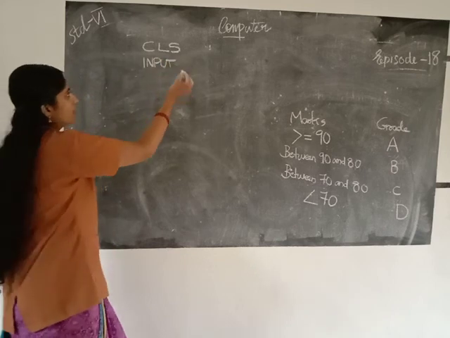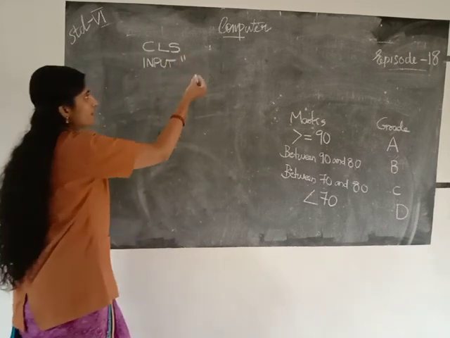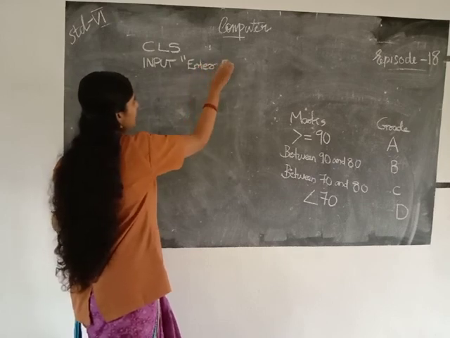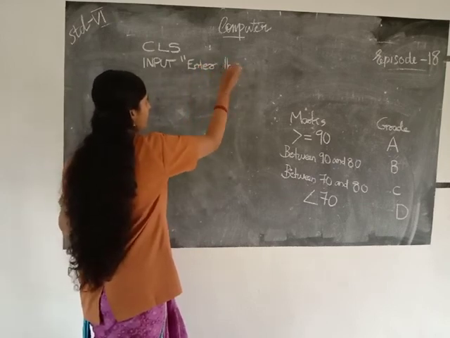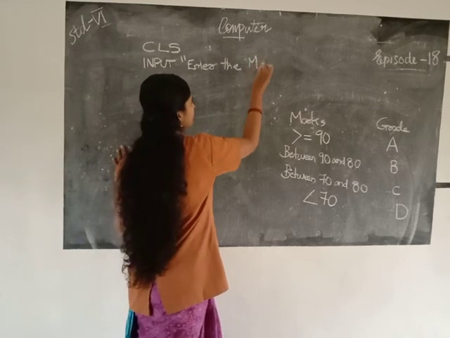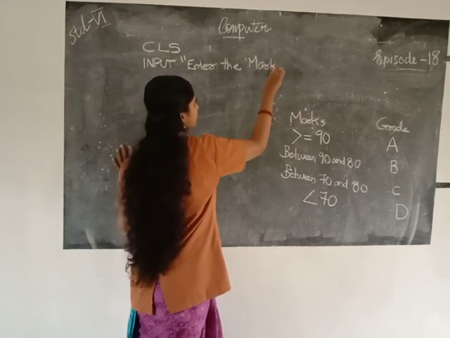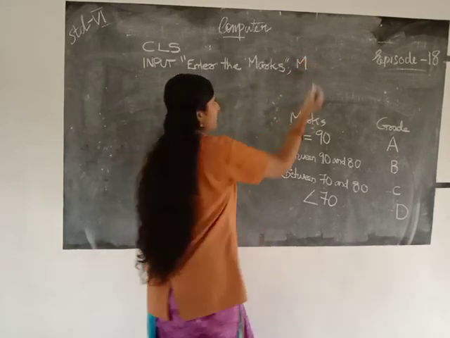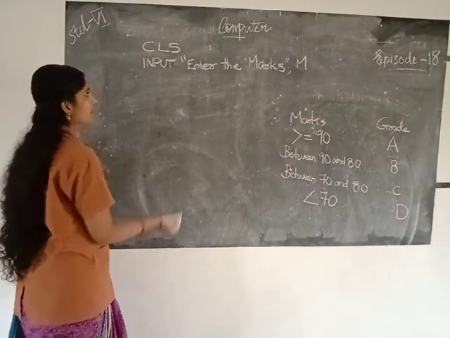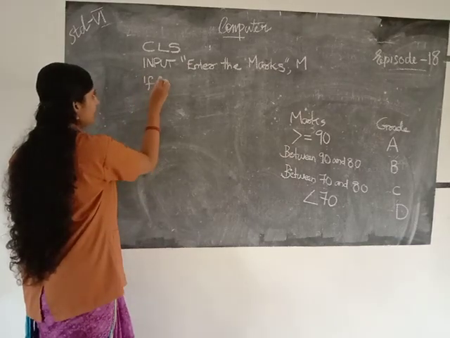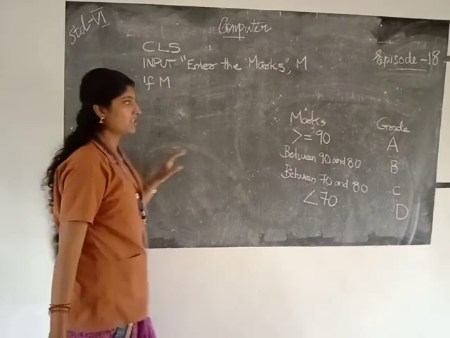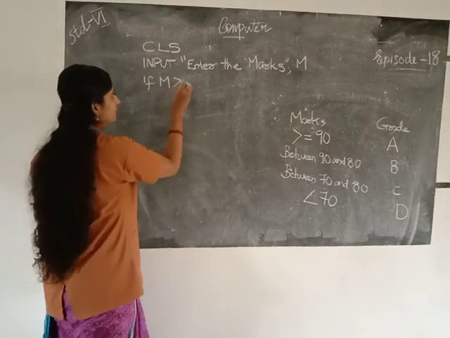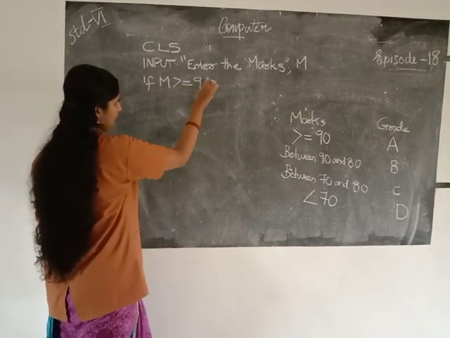So INPUT, enter the marks. We can represent it using the letter M. Then IF M, first condition, greater than or equal to 90,